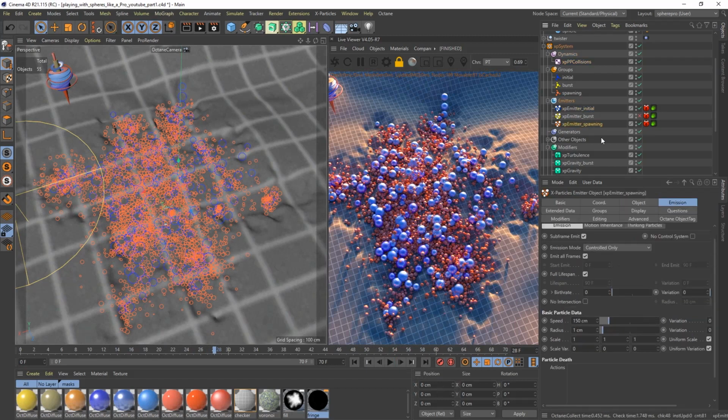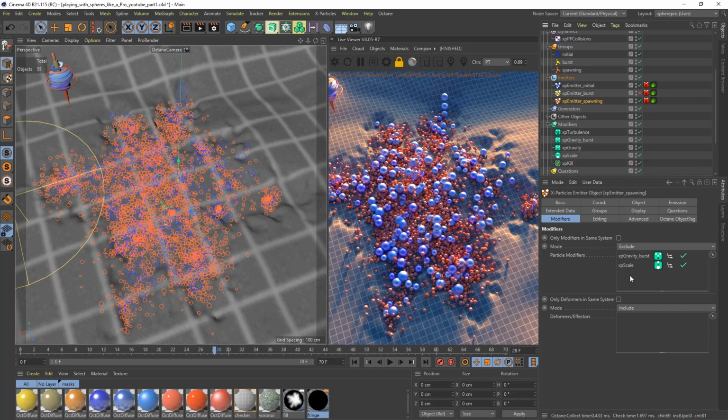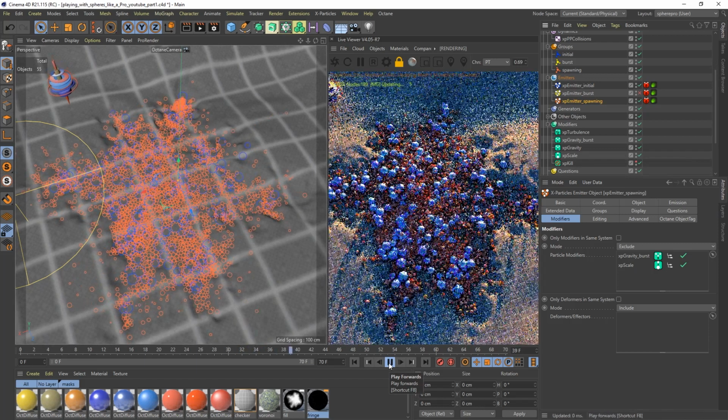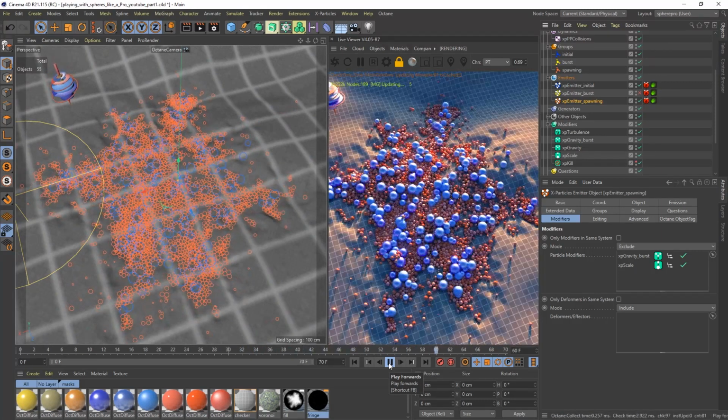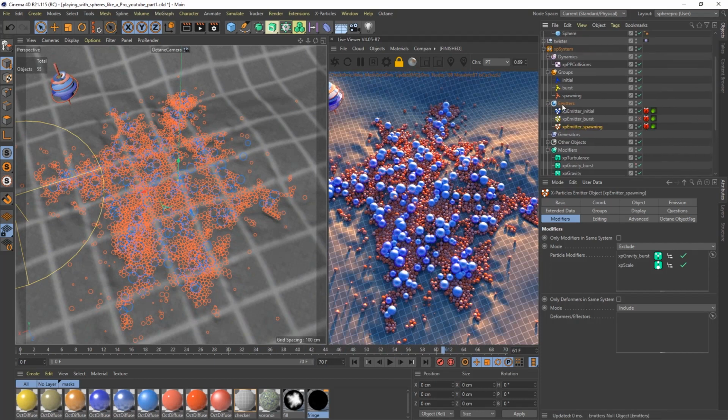Also the spawning, let's see in the modifiers. So of course we deactivate the gravity burst, since we don't want to have them going up and down. We just use our general gravity on these ones. And we exclude the scale, because we want to have them permanent in our scene, so they shouldn't scale down or disappear. They are here also to stay. And this is the effect you get with these particles. So we have 3 emitters,